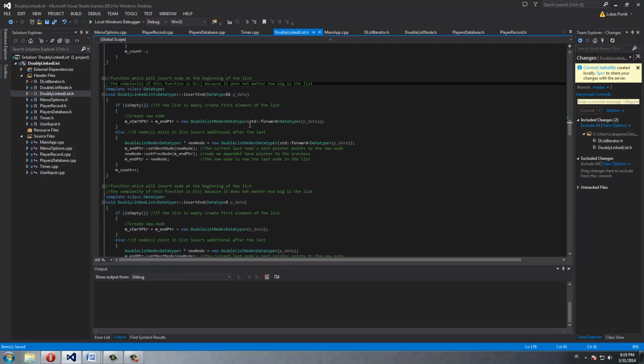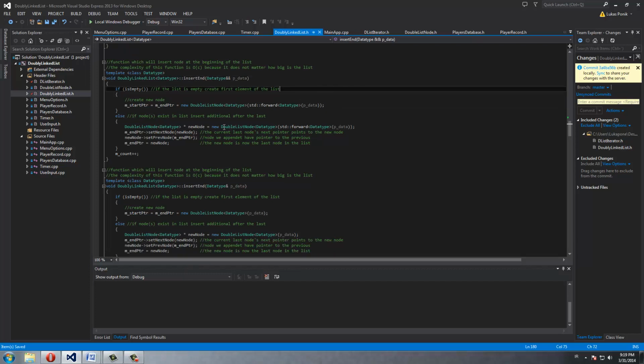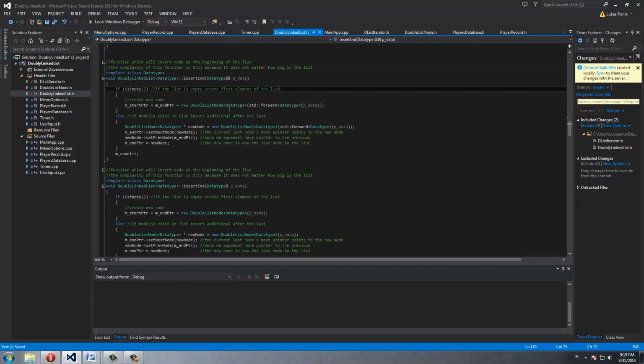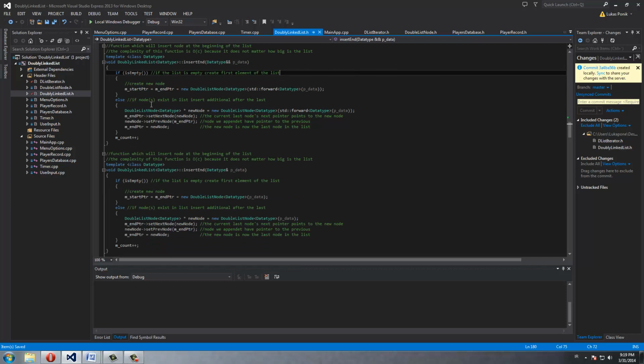Now I have an insert end, which is constant order as well, because I just take the data I want to put and I just put it. I always do it with basically the same amount of instructions. It takes more or less the same amount of time for each insert end. So again, if it's empty,